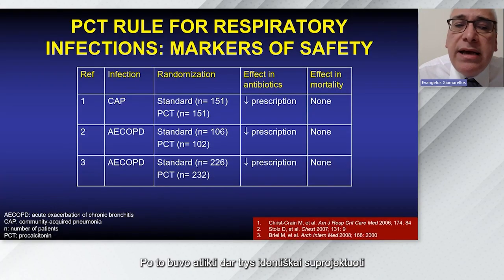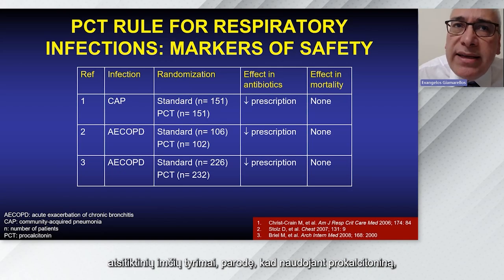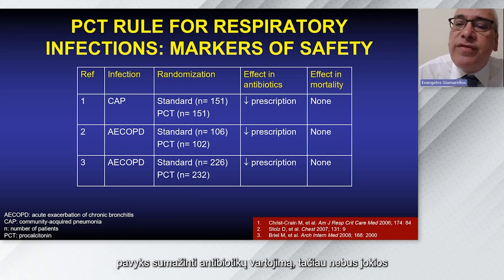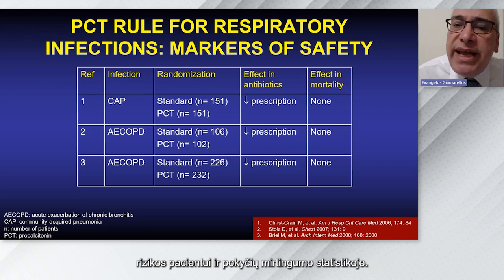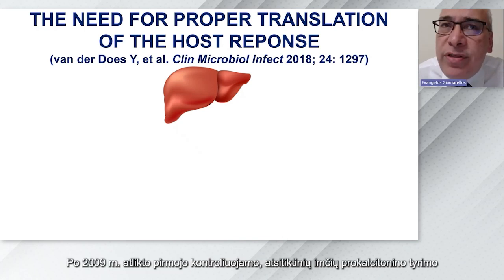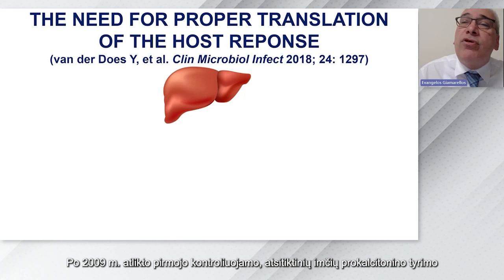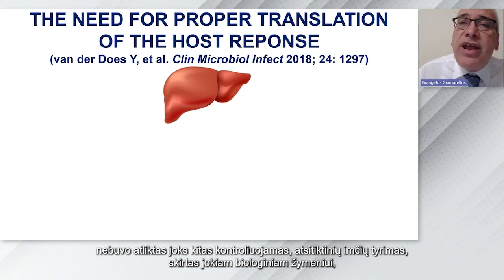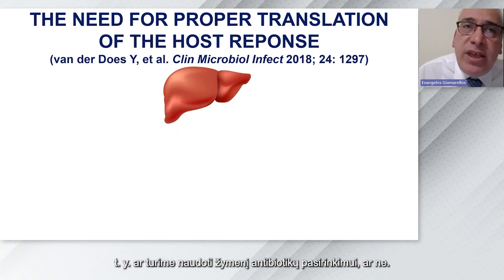This was followed by another 3 randomized trials, which had exactly the same design, suggesting that if you use procalcitonin, you manage to decrease the consumption of antibiotics, but there is no risk for the patient and no change over time. However, time goes on. After 2009, when the first randomized control trial for procalcitonin came out, there is no other randomized control trial on whether we have to use a biomarker or not